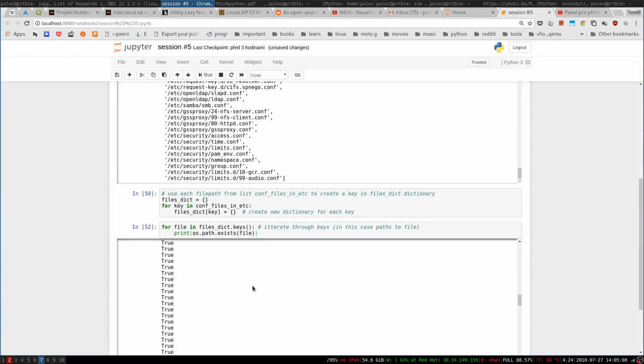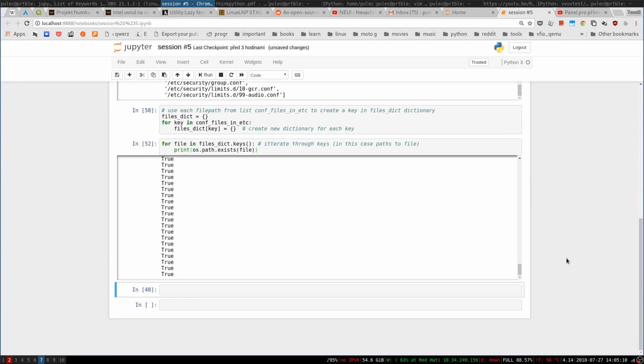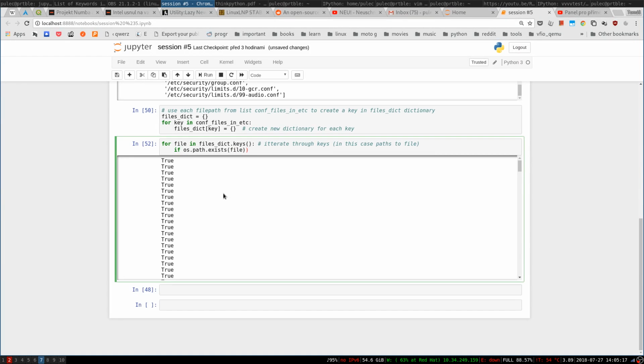So true, all is true. All files exist. So we will still do this check. It's better to do it, because if the file wouldn't exist, we cannot do any actions on it, but we just checked that